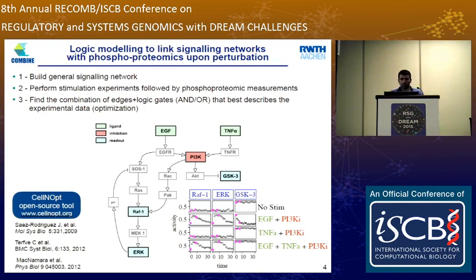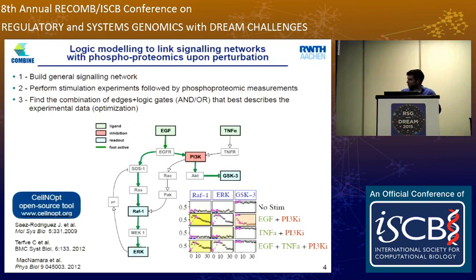And then what we do is to map this activity data, typically phosphorylation data of specific kinases, on the networks, and we effectively train the network to the data so as to obtain the logic model that is based on the starting network and has a specific combination of logic gates that best explain the data at hand. And we developed a free open source tool called CellNOpt for doing this. So this works quite fine with antibody data.